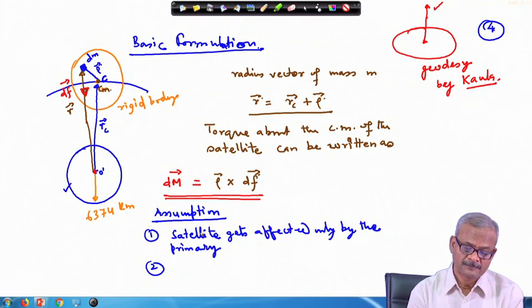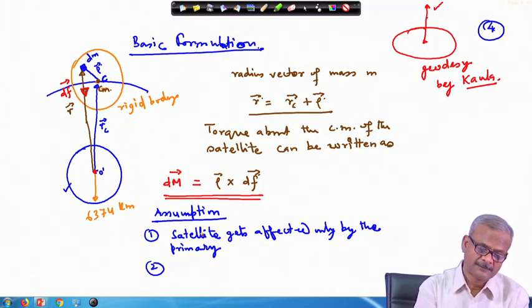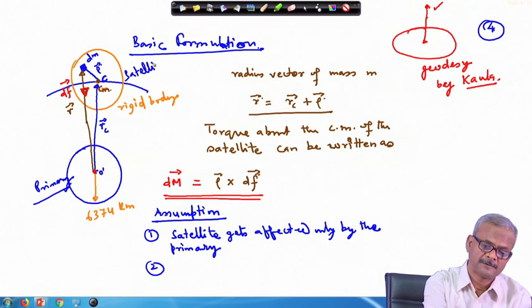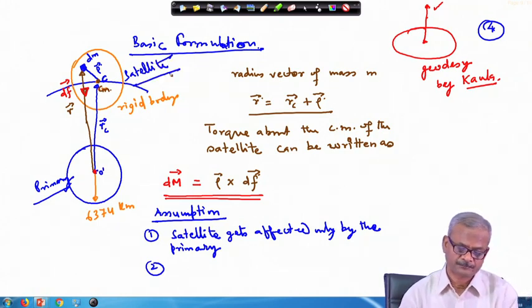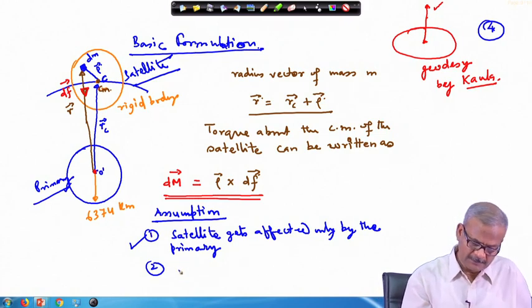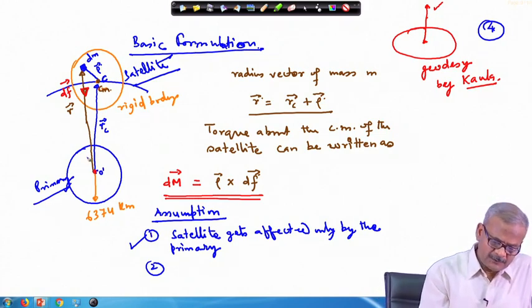So, here we will simplify it as the case that this is my primary body, and about this is the satellite which is moving. So, this is the first assumption. Then we will assume that